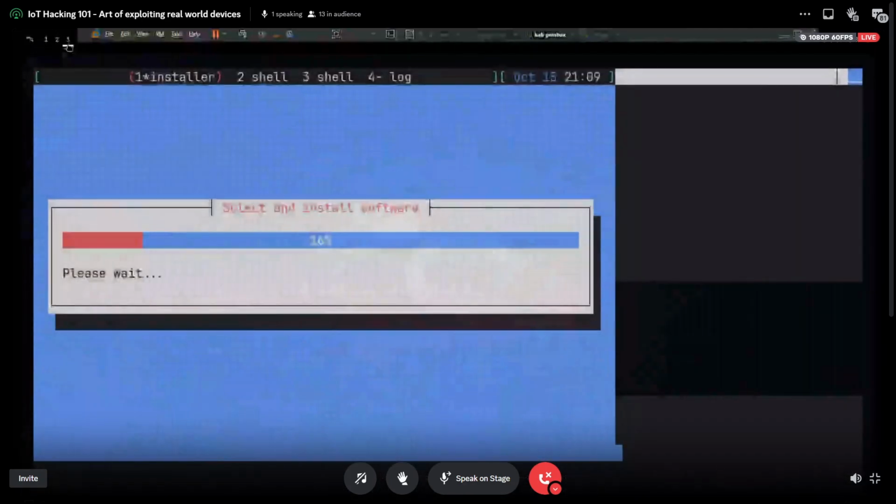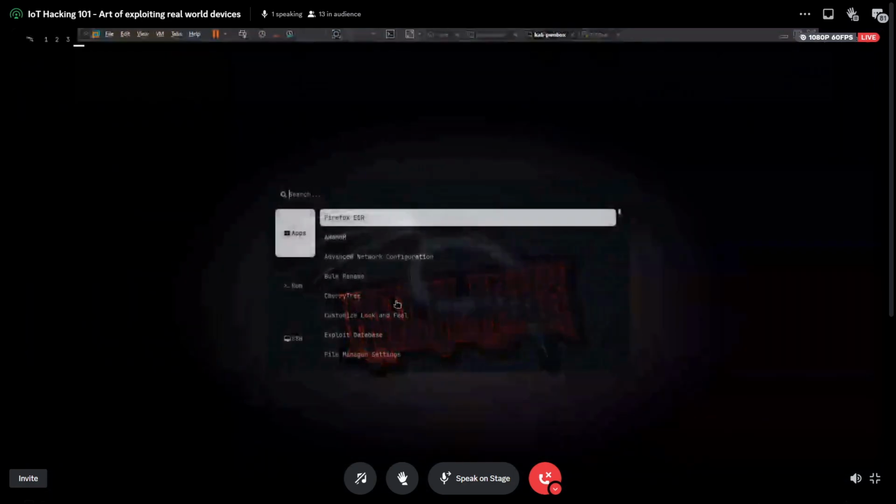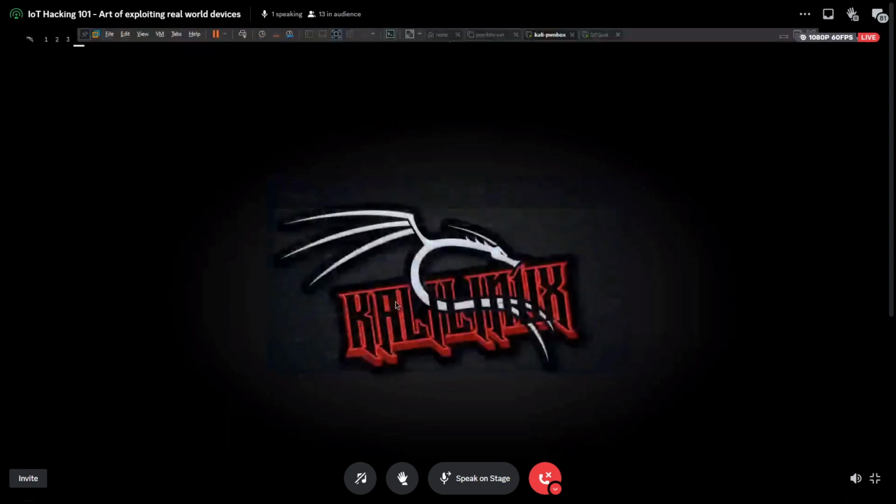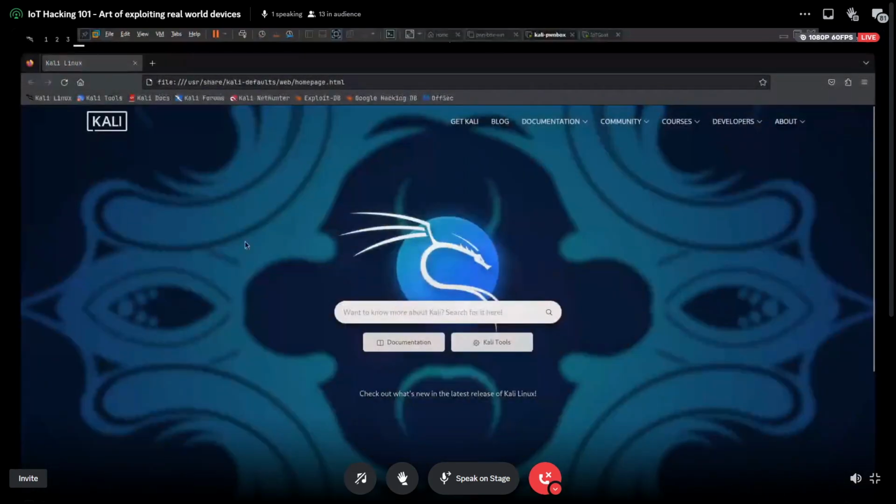Hopefully this gets done. While this is running, let's go through that platform I was talking about. Just a second, I'm going to stop sharing my screen because I'm going to log in to the platform.